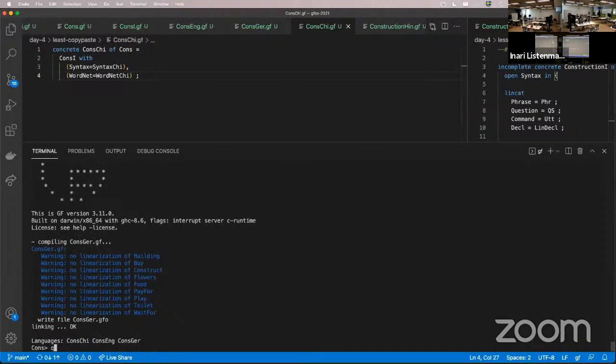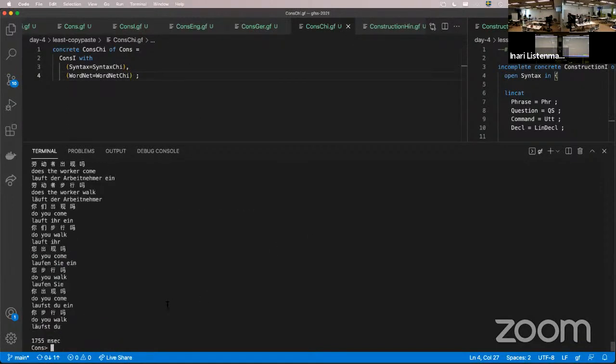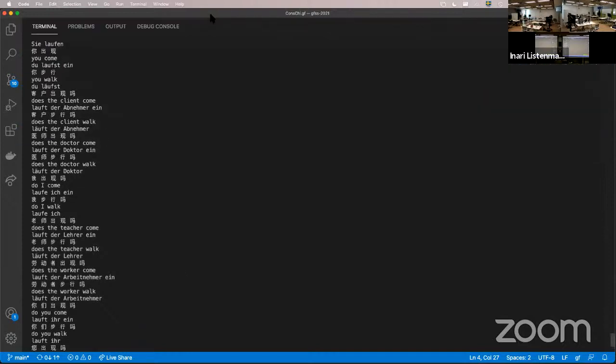Okay, so this works. So now we have some more lexicon. It's pretty probable that some of these are wrong, or maybe these are pretty common words, but